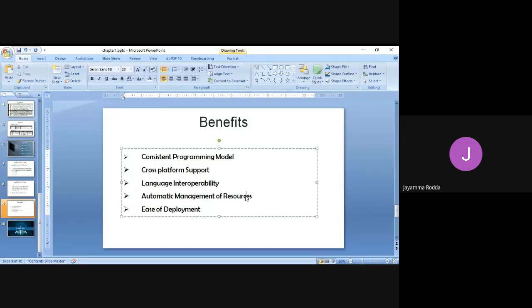A consistent programming model is nothing but the .NET framework provides a consistent object-oriented programming model across all varieties of programming languages we are going to discuss. As we have seen in the previous slide, Visual Basic, C Sharp, and what else is there? Visual C++.